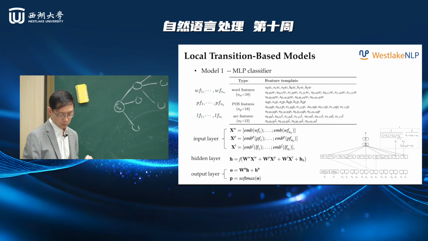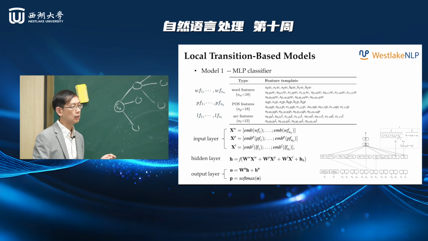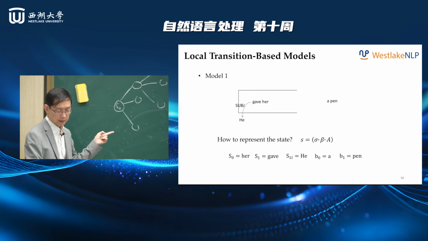Specifically, we extract 18 different locations on the stack, including S0, S1, and maybe the left modifier for S0, the right modifier of S1, etc. There are 18 of them. So I represent each of these 18 things with their word embeddings and part of speech embeddings. That's possible, right? And then for things that we already built on the stack, such as he is the subject